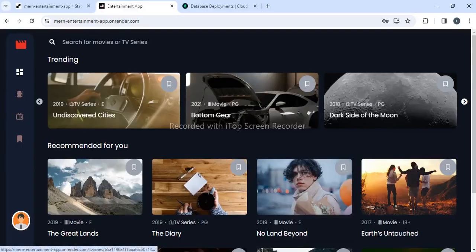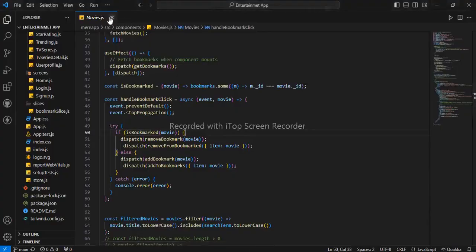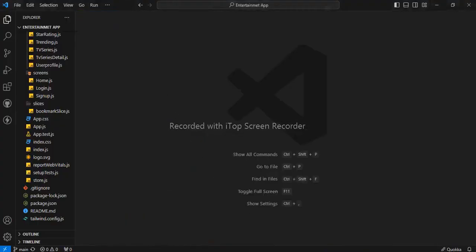So now we are going to see how these components work: trending, recommended for you, the movies, the TV series, and the bookmark. Okay, so now we are going to discuss all these things. First of all, we are going to see the backend part, the routes for